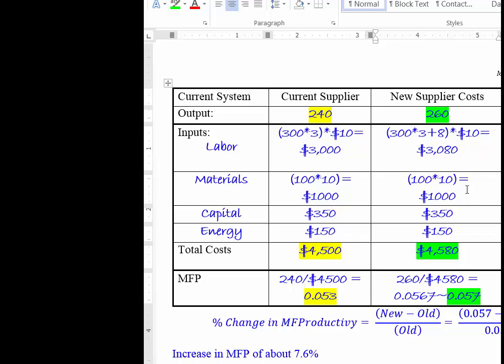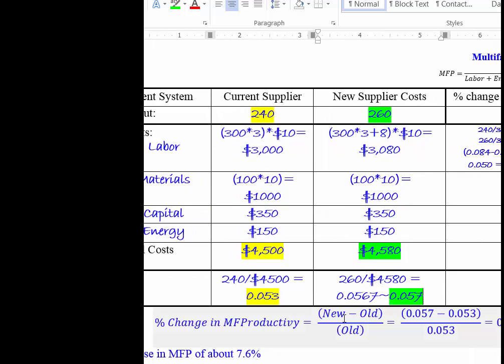And for the new supplier, it's 0.057. So we can see it's better, but what we want to know is how much better. It's hard to quantify this. So we want to then compute the percent change in multi-factor productivity. We do that by taking the new minus the old divided by the old, exactly like we did before. The only difference is that we are using the multi-factor productivity now instead of the previous single factor productivity. So we take 0.057 minus 0.053, we divide it by 0.053, and we should get